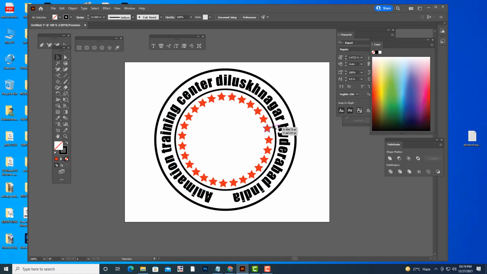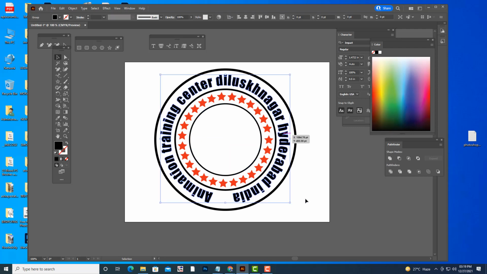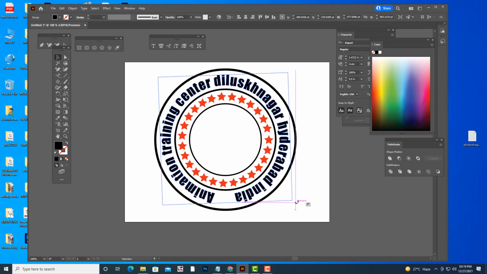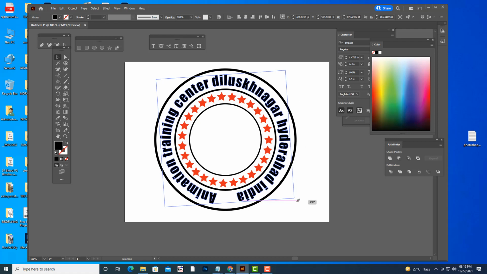Then I will take one more circle, Control C, Control F, and keep it over here. So something like this. We can rotate it a little bit like this.